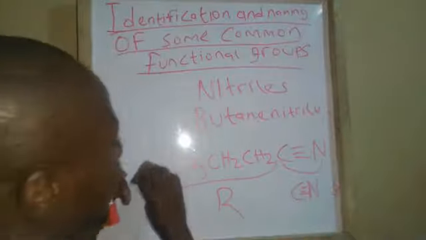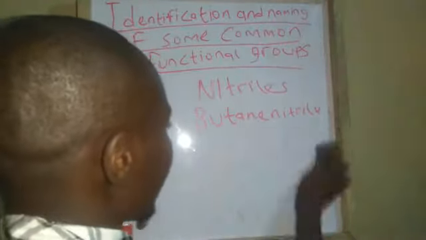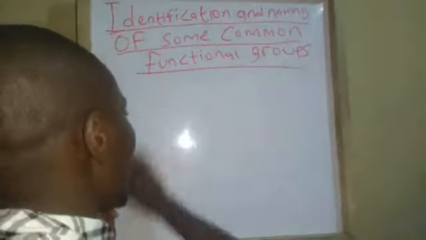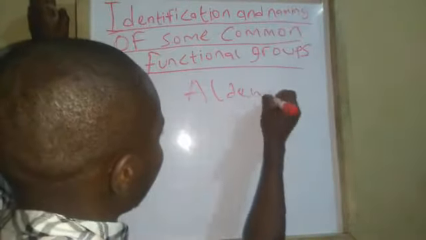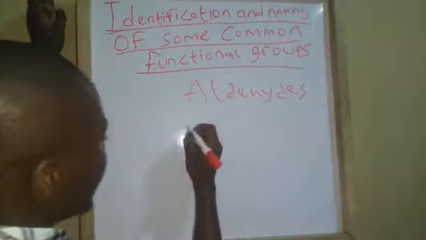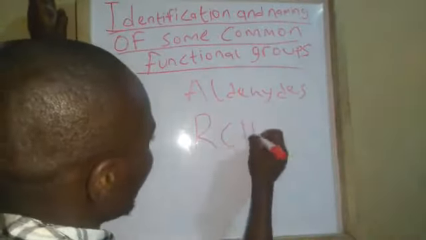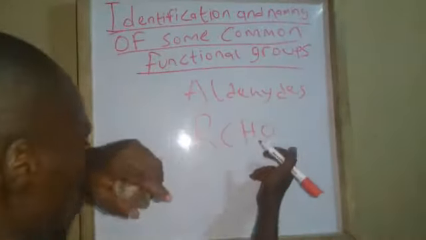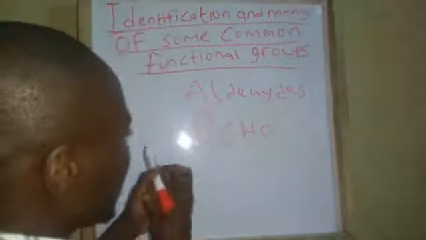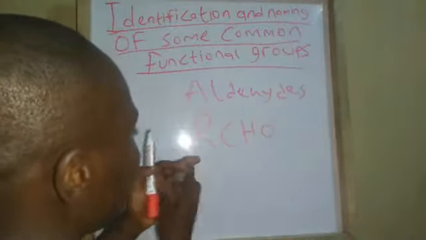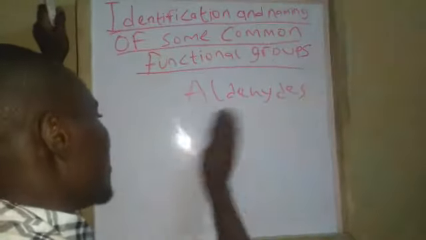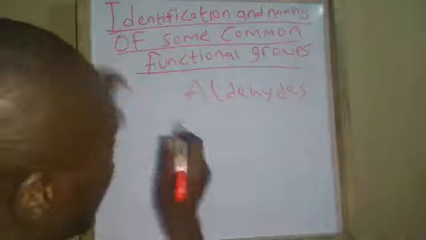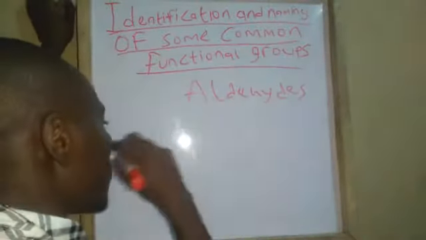Okay, let's talk about the aldehydes and the ketones. So the aldehydes, they have the formula RCHO. Can you see they have the formula RCHO? So now let's write the structure. Let's draw the structure of pentanal. So pentanal will be